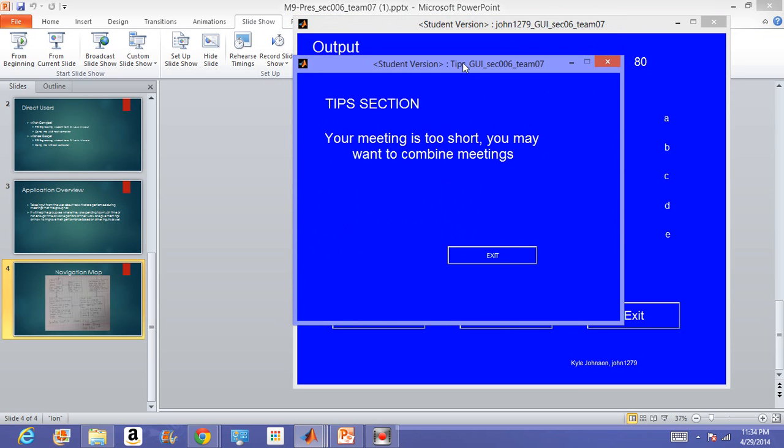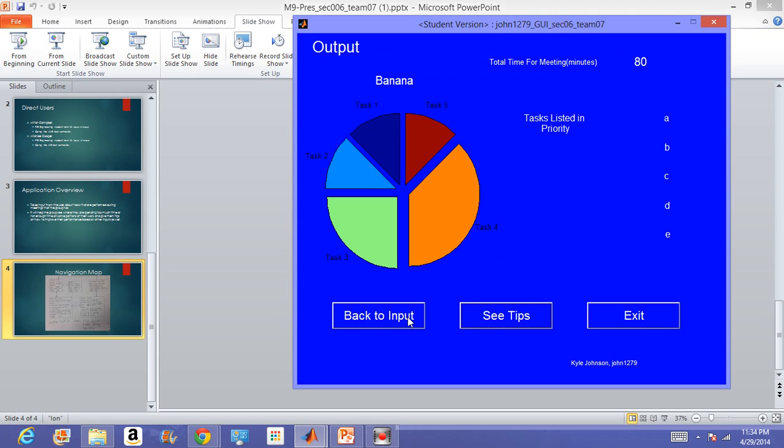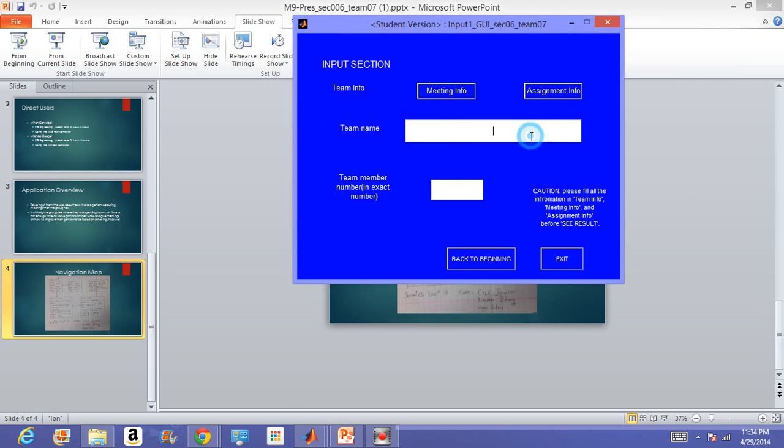This tip section states that our meetings are too short and that we might want to combine our meetings. There were 2 meetings, so this GUI suggests that we combine these 2 meetings into just 1 meeting per week. If I click back to input, it'll take us back to the user input page. Here we will